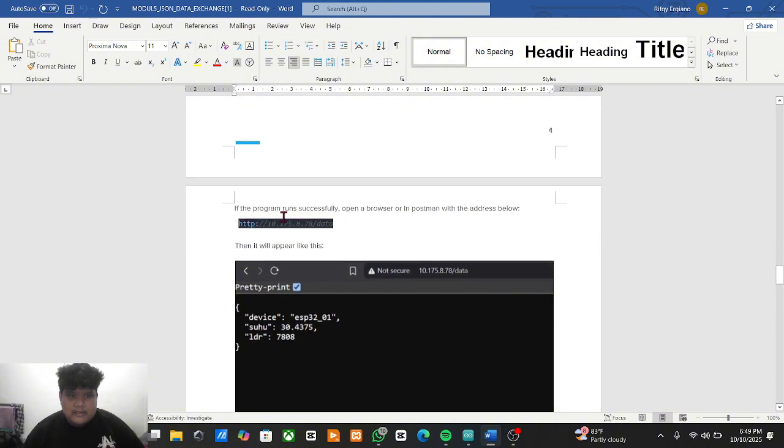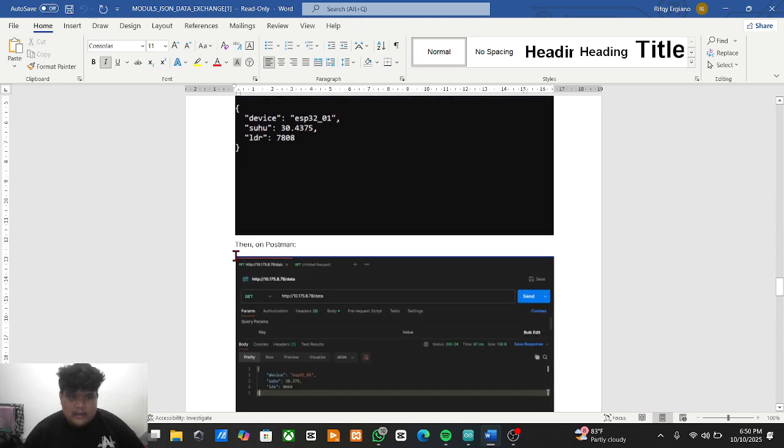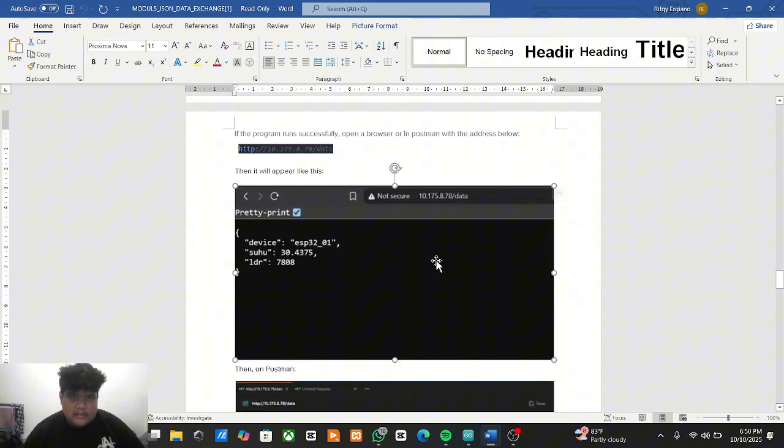Next, if the program runs successfully, open the browser or Postman with the address below. Here, this is shown by Postman, and this is when we use a browser.